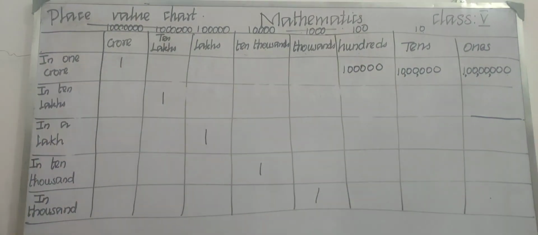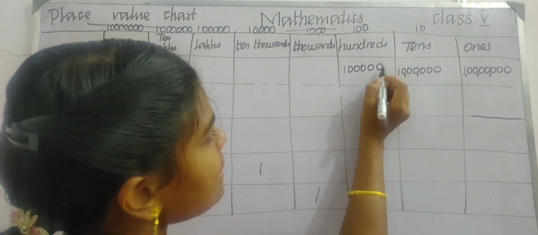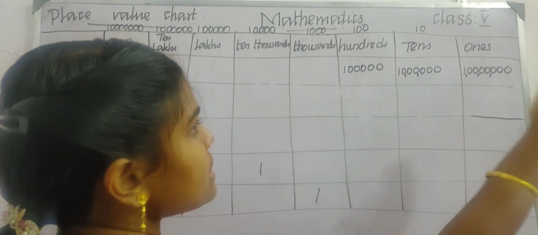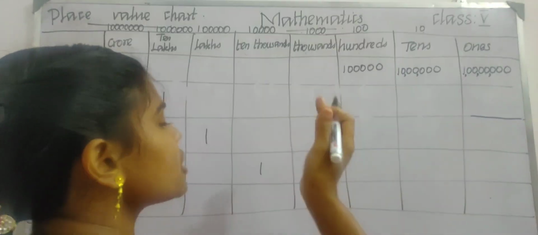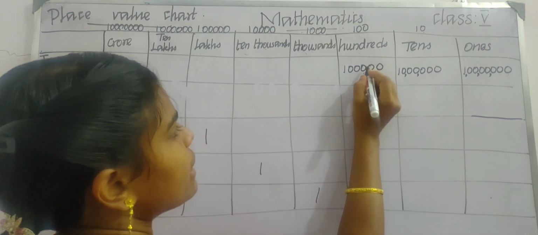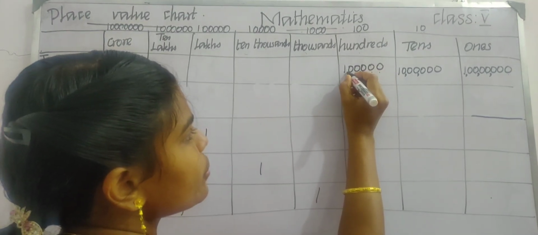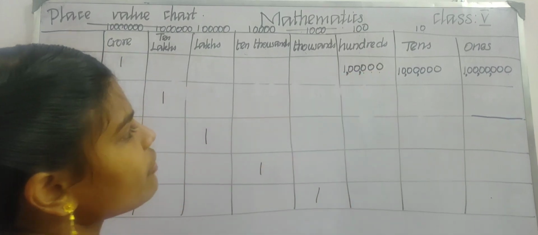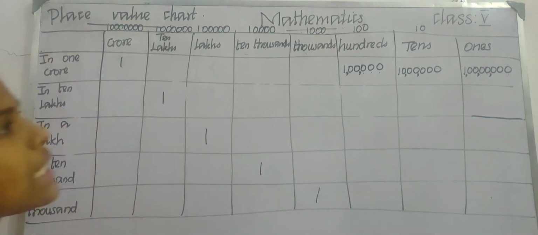Let us include the comma. Insert the comma. First of all we need to start counting from right to left. First we count 1, 2, 3, and then insert a comma, and then count 1, 2 and insert a comma, and then the remaining is only 1. So that it is 1 lakh times hundreds there are in a crore.